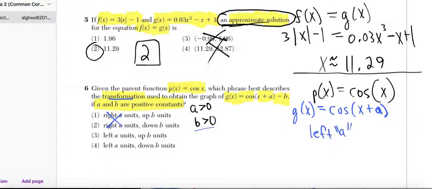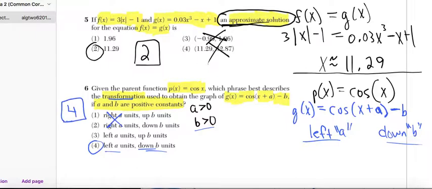So since b is also positive, adding b would make it move up b units, the graph of p of x. Subtracting b moves it down b units, so it's choice 4. All right, left a and down b. That's all there was to it, guys. Just understanding the rules for translations. It had nothing much to really do with the